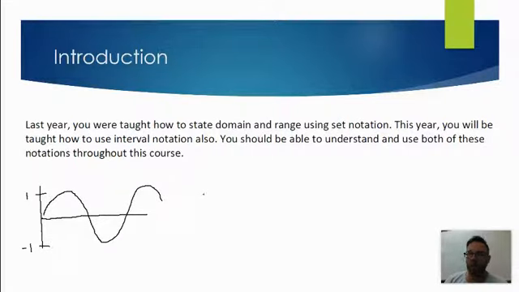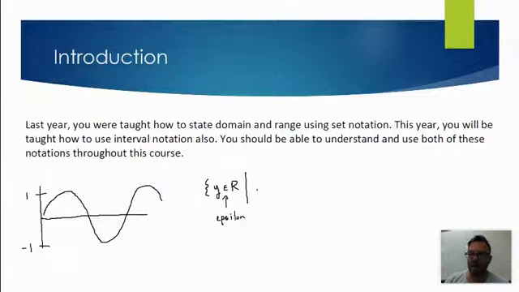In grade 11, you were taught this notation. So if you want to say that y can be any real number between -1 and 1, we used curly brackets to indicate we're indicating a range of numbers. So we would say the y values are any real number. This is the Greek letter epsilon, so it means is an element of. So y is an element of the real numbers, or y is any real number such that